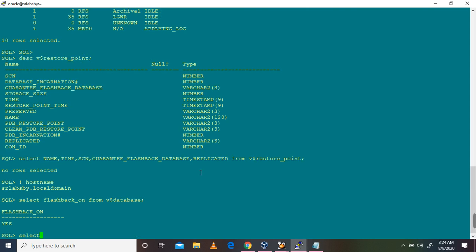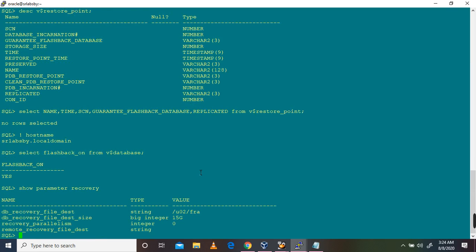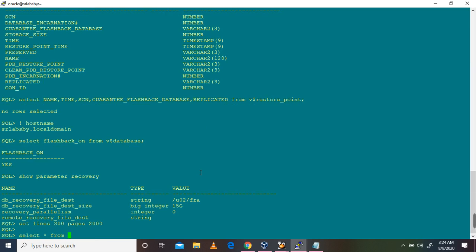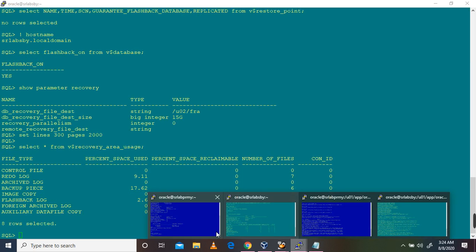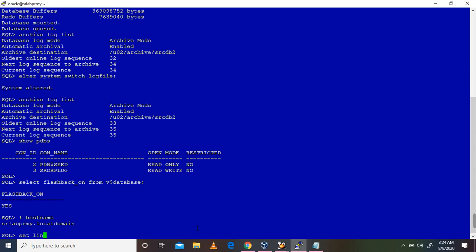Now, how much percentage is it utilizing? Let me check the recovery area parameter and the recovery area usage. It is utilizing only 2.6 percent of the space, and the standby side and the primary database are the same.